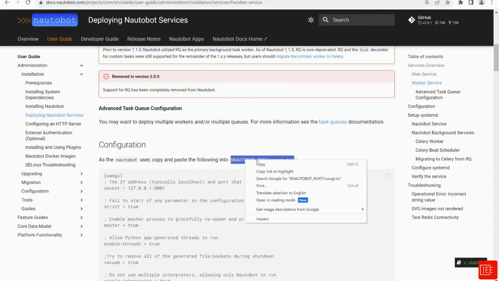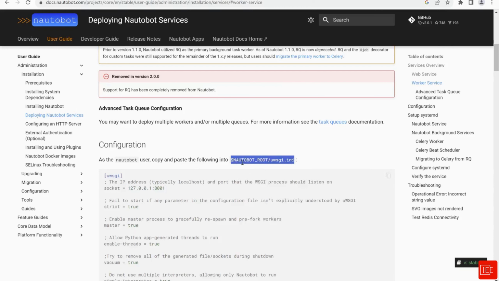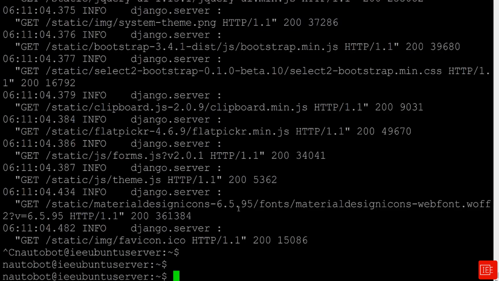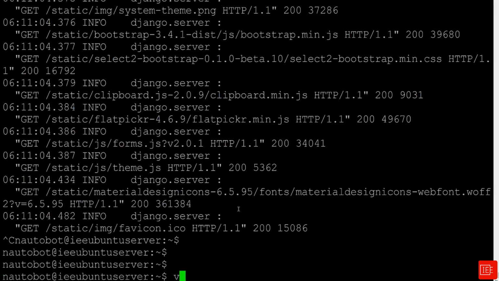So I'll copy this command, and bear in mind that at that point we are using Nautobot user. So I'm going to go back to the CLI, and I will say sudo or no sudo vim